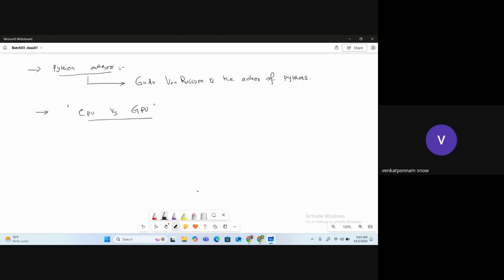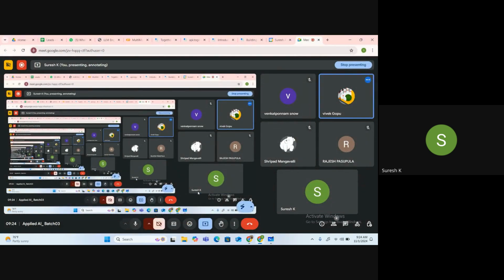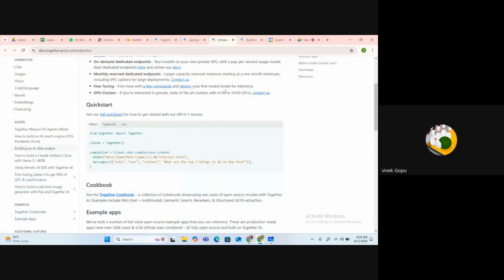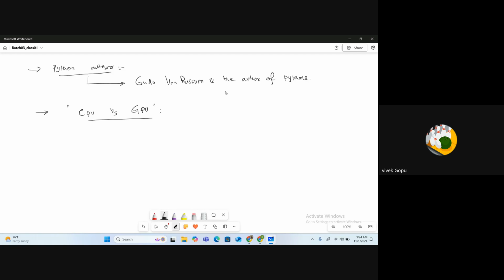Processing difference. Yes, processing difference. Operation and performance. I think the GPU can operate in parallel, multiple operations at multiple times. Sripad, any idea?